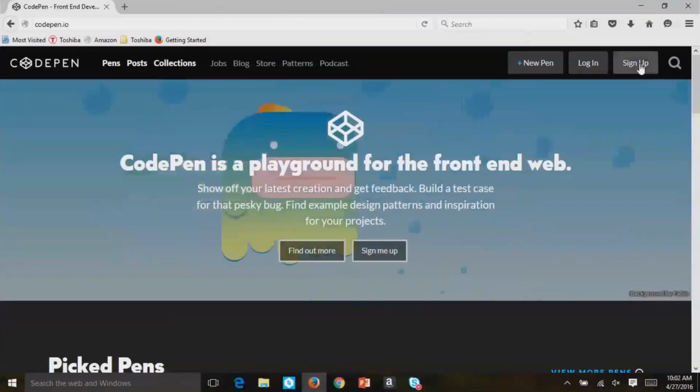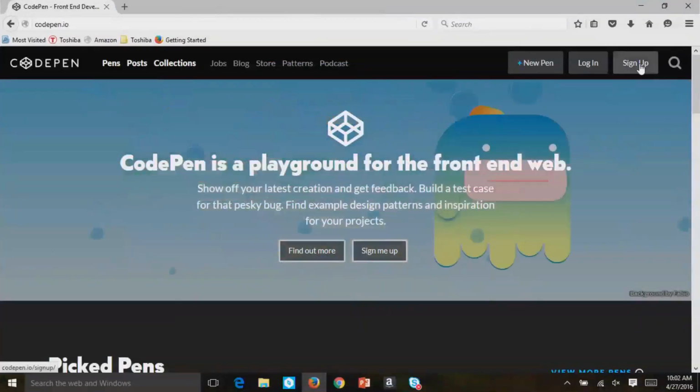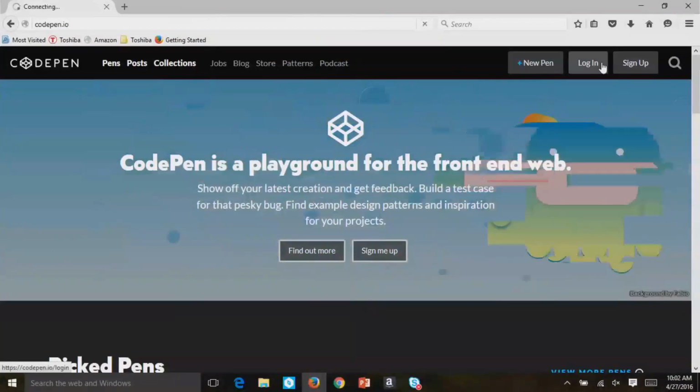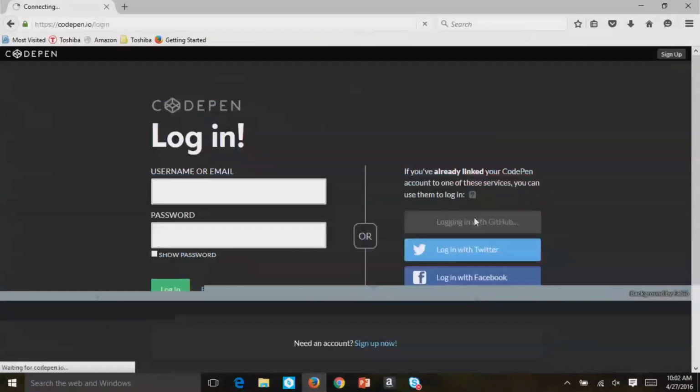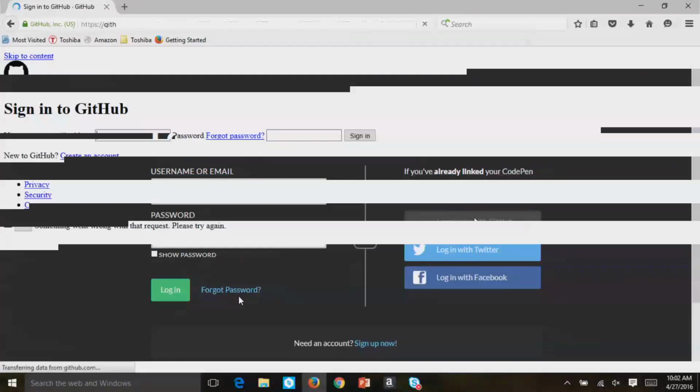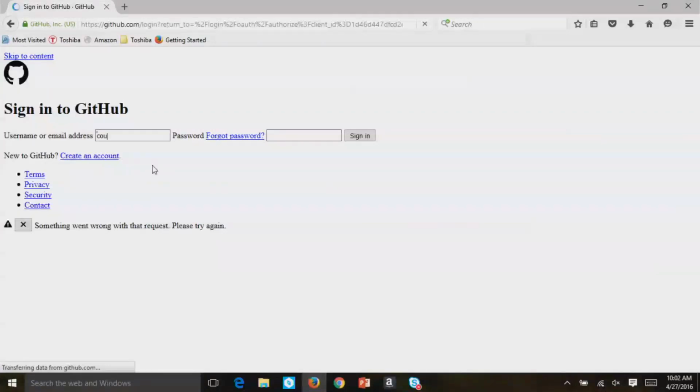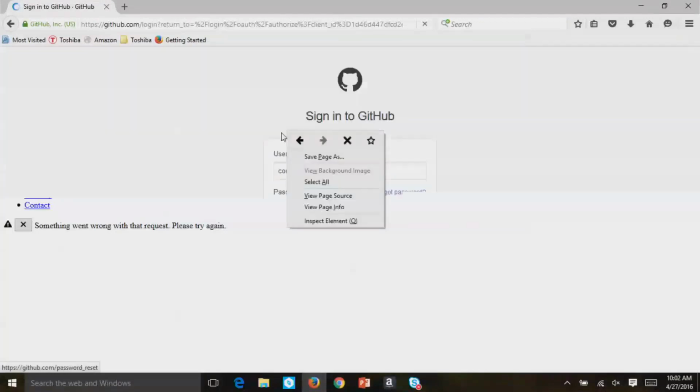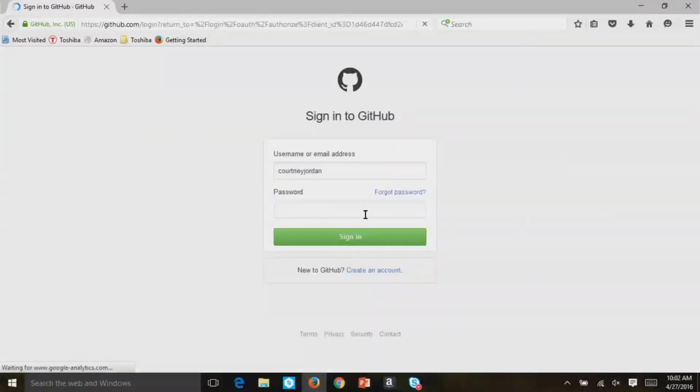I synced mine up with GitHub, so whenever I go in, I can hit log in with GitHub. I'm not having any luck right now. My goodness.